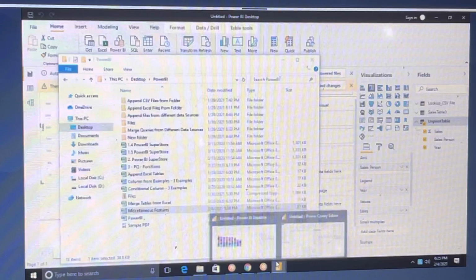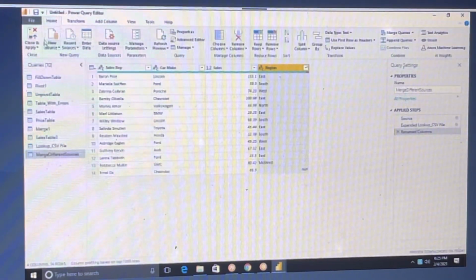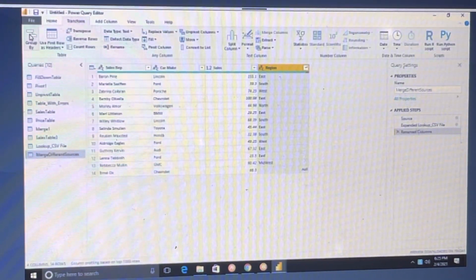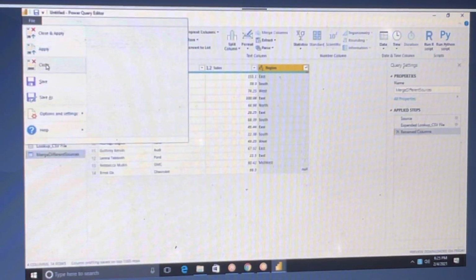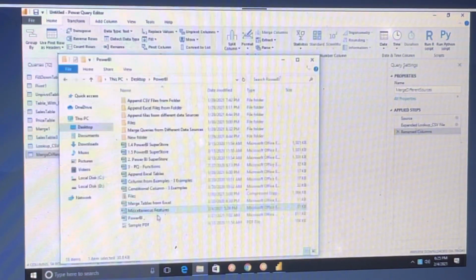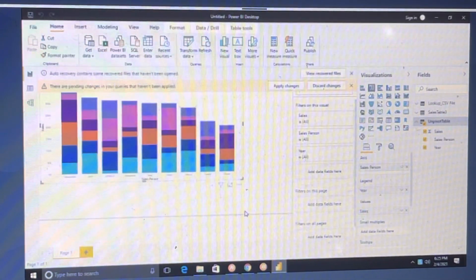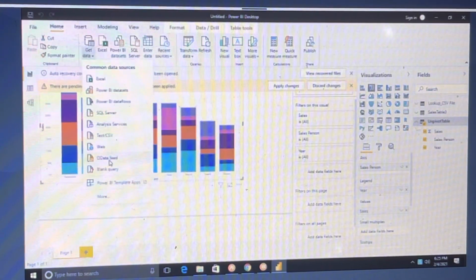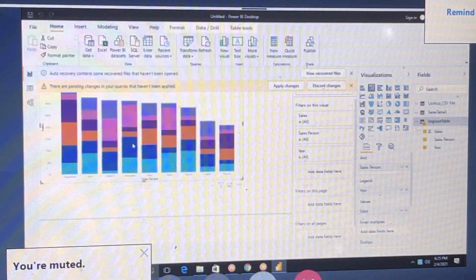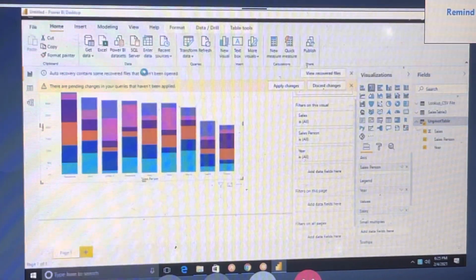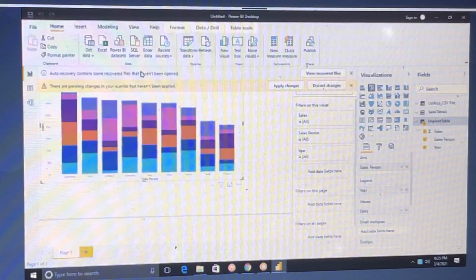And also, quickly I will show you one more thing. I have some sample PDF. How to get the data from a PDF file? See, click here, click on More. If you don't see your source when you click on Get Data, then immediately click on More so that you can see the exact source of your data.